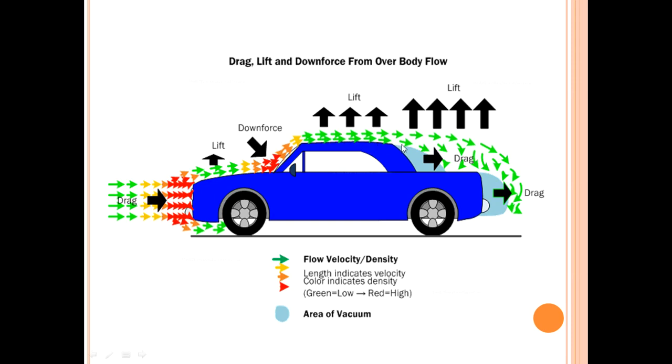Now coming to this rear window section or rear windscreen section, where again we know that there is some barrier, and due to this barrier the velocity of the air molecules is decreased, and as a result the pressure will be increased there, and a downforce will be generated. But again we all know that at the trunk portion, at the rear windscreen section, a vacuum will be generated, and this vacuum cannot be filled easily,